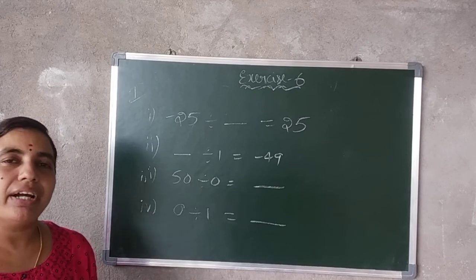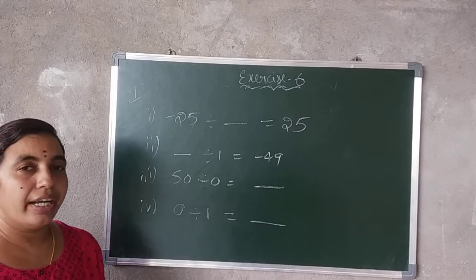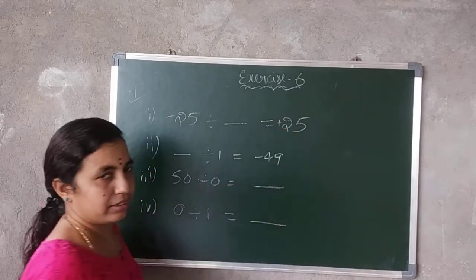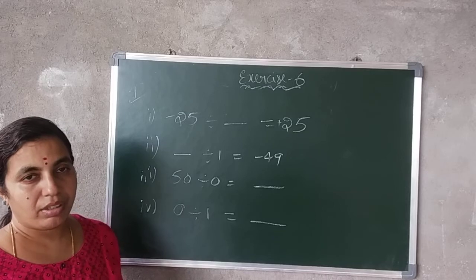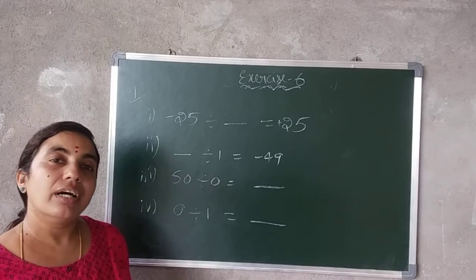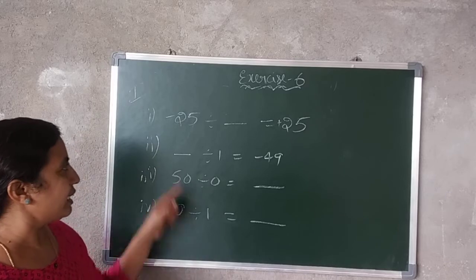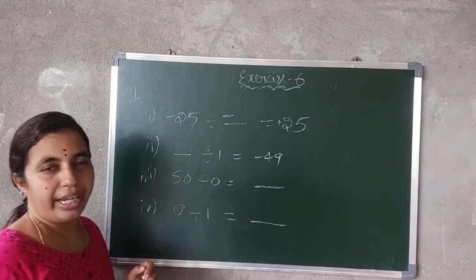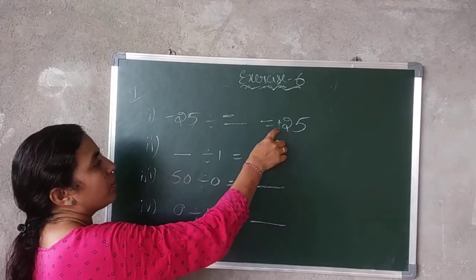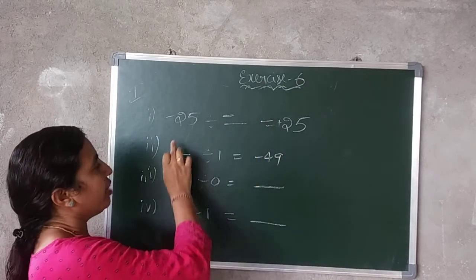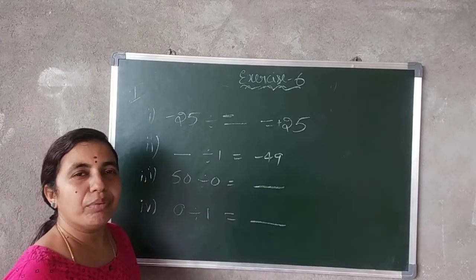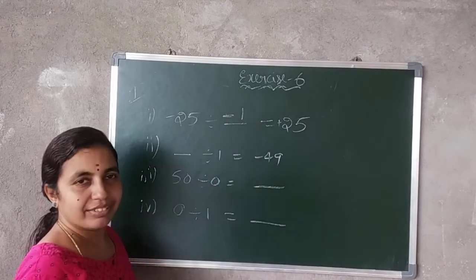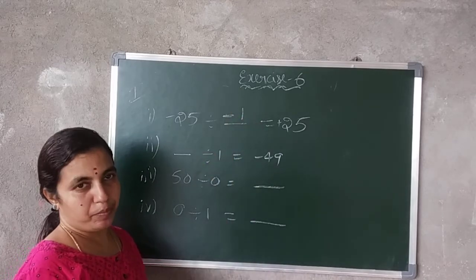Again, while dividing also, as I said, you have to count the number of negative signs. See here in the answer, no sign is given, so this is plus. To get plus, we should have an even number of negative signs. But here we have only one negative sign. That means we should get one more negative sign. Now 2 negative signs, so we got plus. Okay, that is okay. Now 25. With what number do you have to divide 25 to get 25? Obviously 1. So the answer is minus 1.